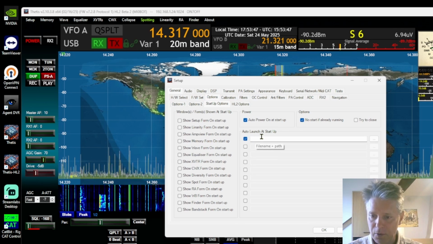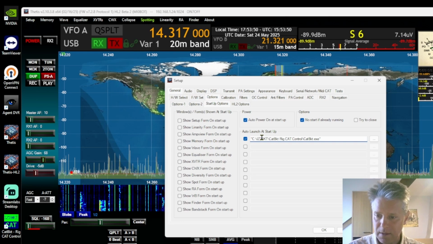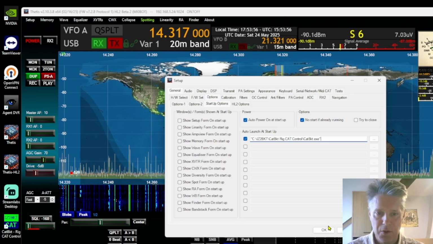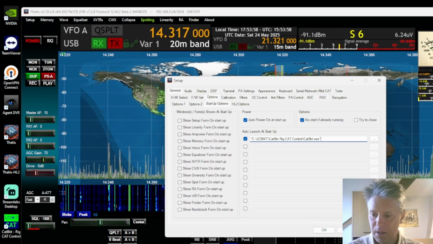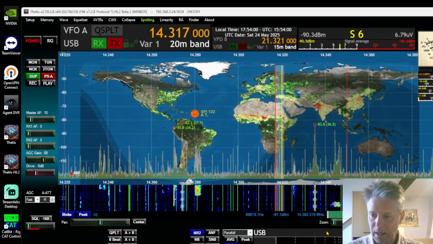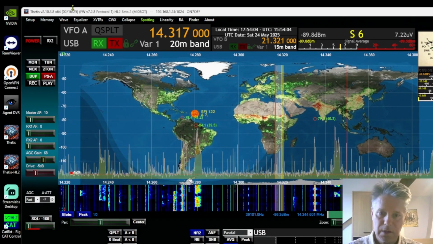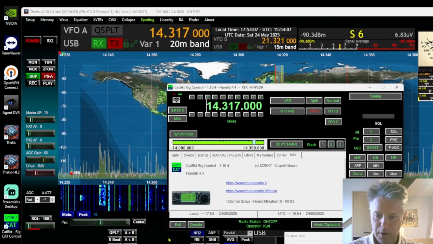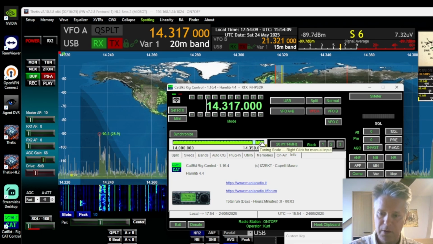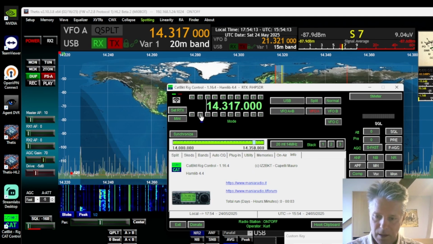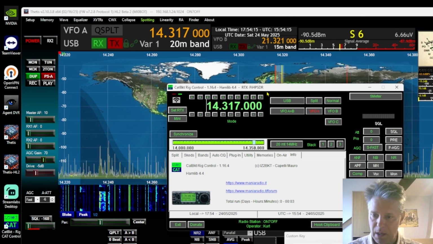Click on the Auto Launch and you just paste whatever you copied there, to be able to start CAT BKT by default when you start your TT software. Click on Apply. And from now on, if you are going to start TTs, it will automatically start CAT BKT. So you do not need to do anything else, just right here, start TTs, and CAT BKT will be